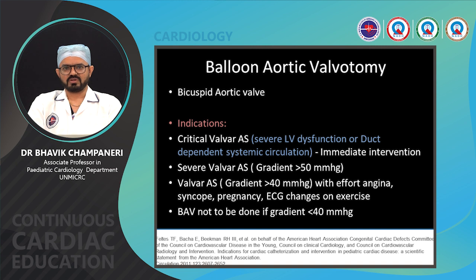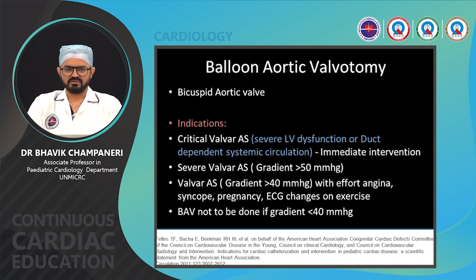Valvular AS which is moderate, but the patient is having symptoms like effort angina, syncope, or the patient is pregnant and there are ECG changes on exercise. Usually BAV is not performed when the gradient is less than 40 mm of mercury, because you may end up with some degree of aortic regurgitation post balloon aortic valvotomy. So we try to extend whatever maximum possible time by avoiding BAV if the patient does not have a genuine indication